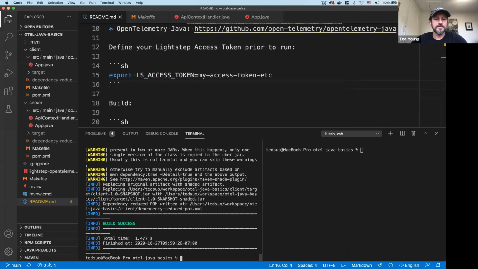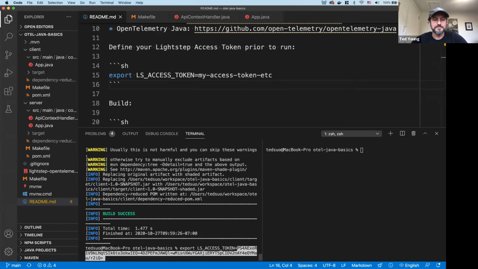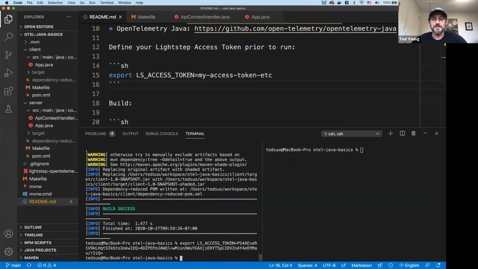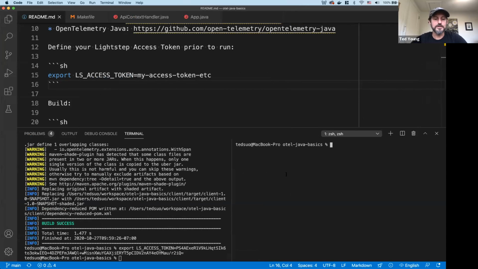And then you want to just add that to your environment variable. You can also set this as a system property, but I'm just doing environment variables for now. And I'm going to add it to this other window because I want to run both a server and a client.